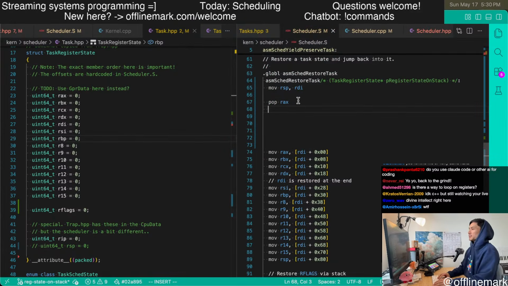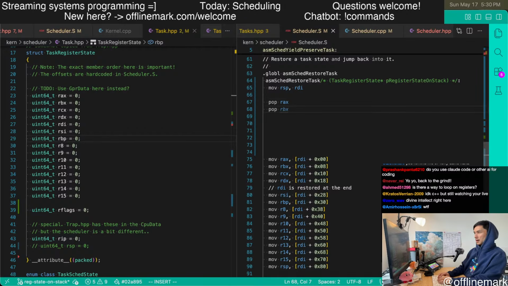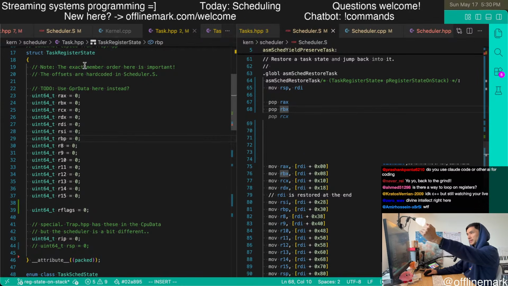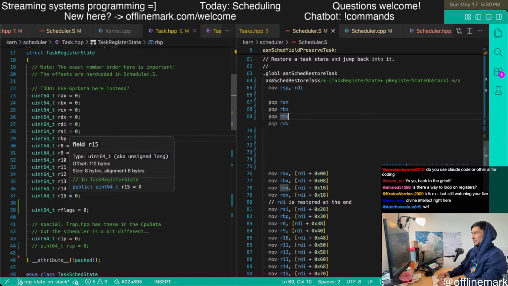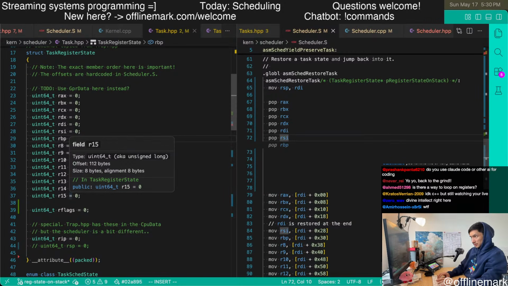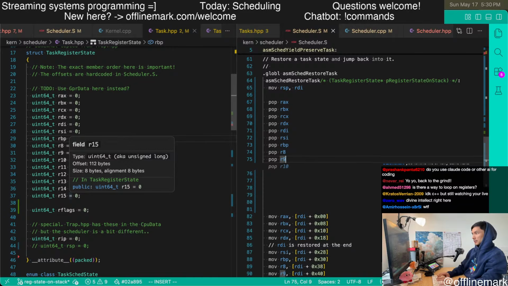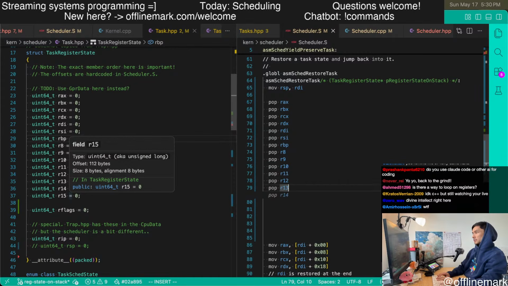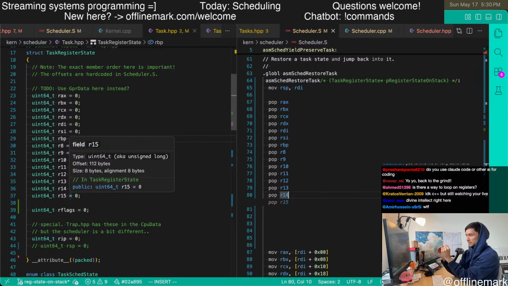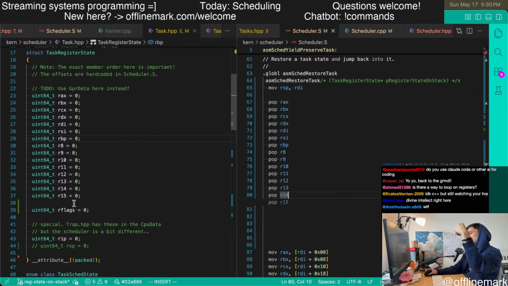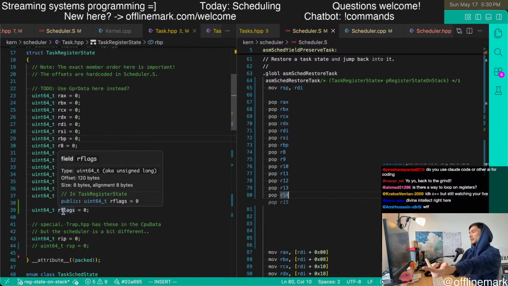Okay, so pop RBX, right? We're just going all the way down this list, popping basically everything. RSI, RDI, RBP, R8, R9, 10, 11, 12, 13, 14, 15. So it's going to be pop R15, and then pop the flags.